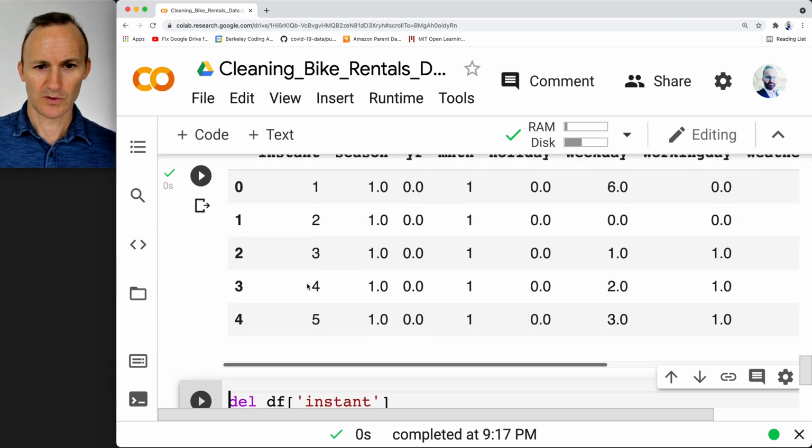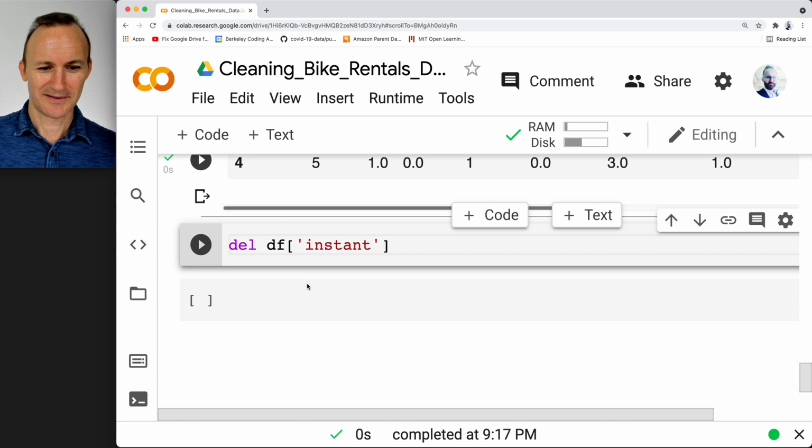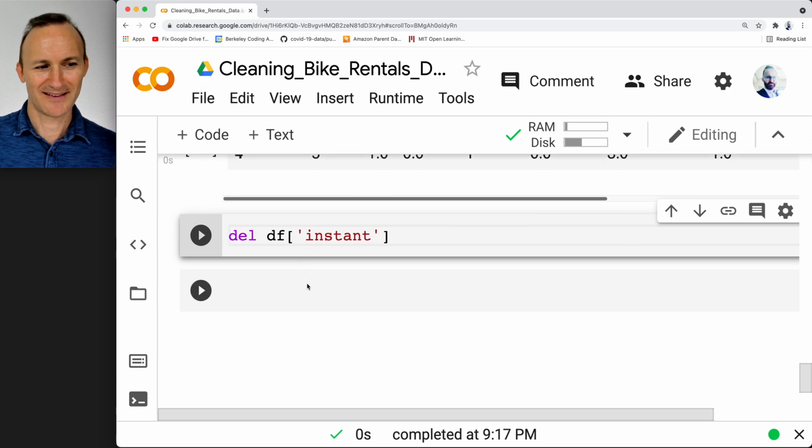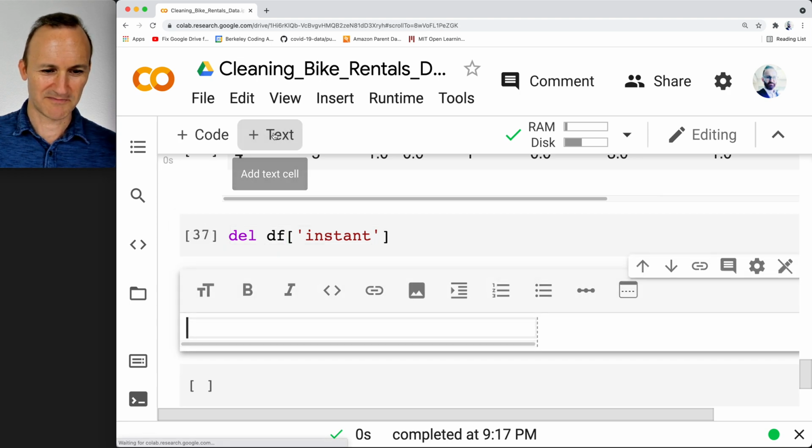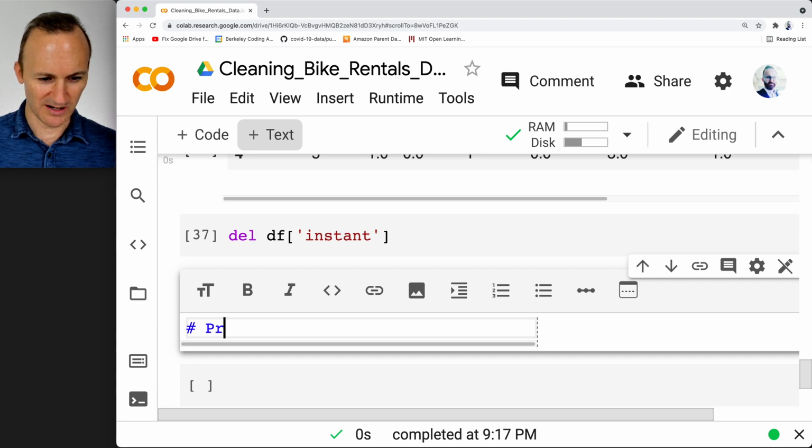Okay. You'll see why, okay? I'm doing this in a little bit. I want to do one more thing. And this is just we're going to run a preliminary